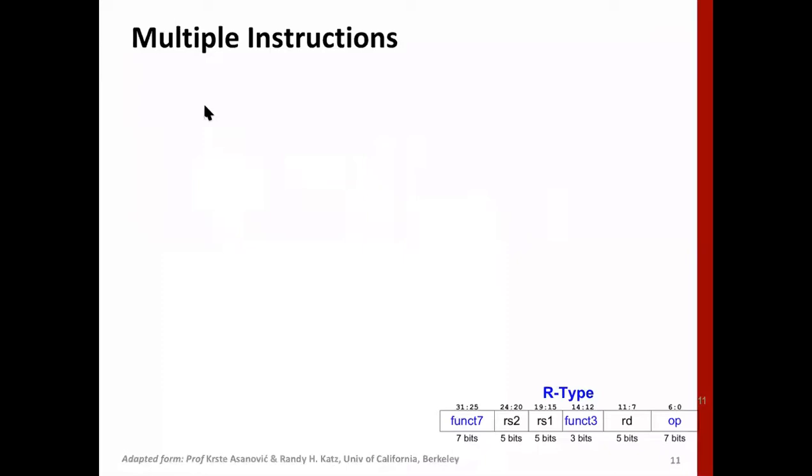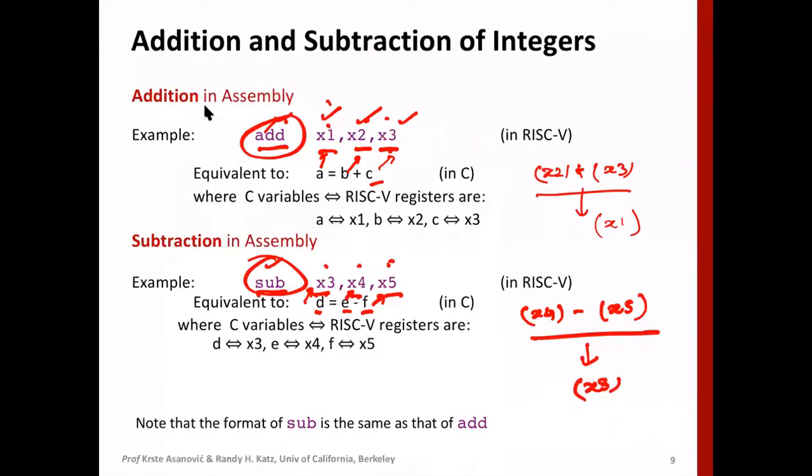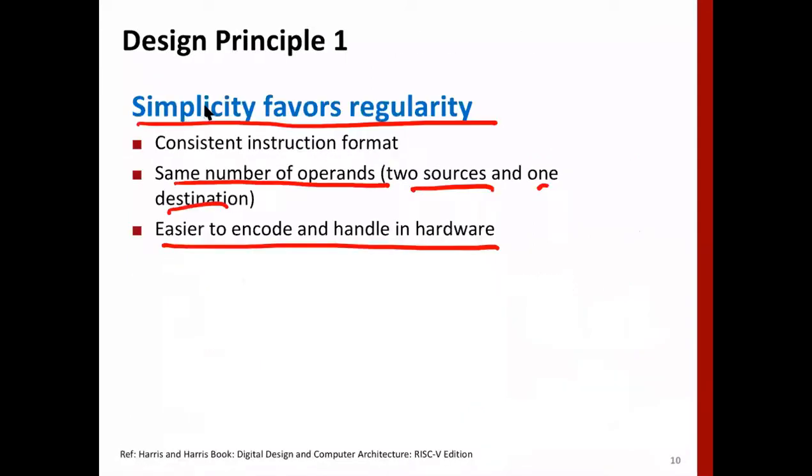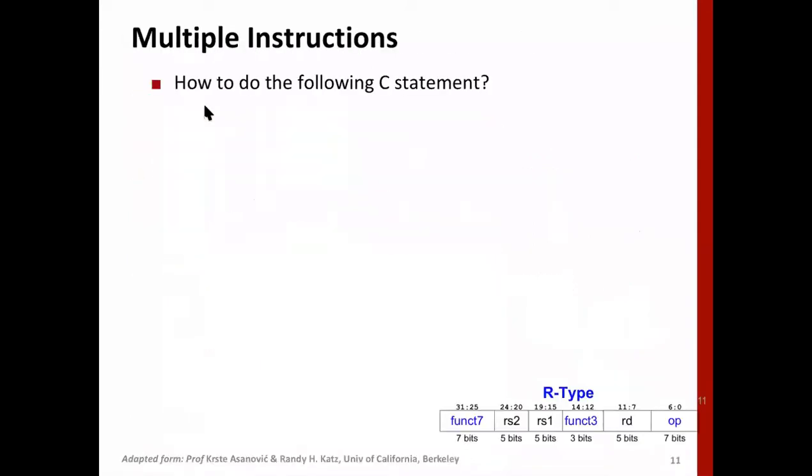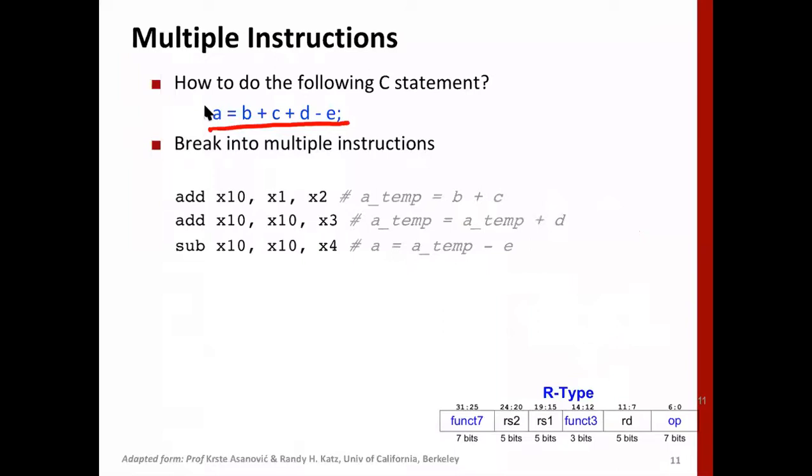All right. Now, what we have seen is that we can do this kind of operation in C: A is equal to B plus C. What happens if the instruction is more complex? For example, an instruction like A is equal to B plus C plus D minus E. Now we need to break this into multiple instructions in assembly language. In C, a statement can have any number of operands, whatever the language defines, right?